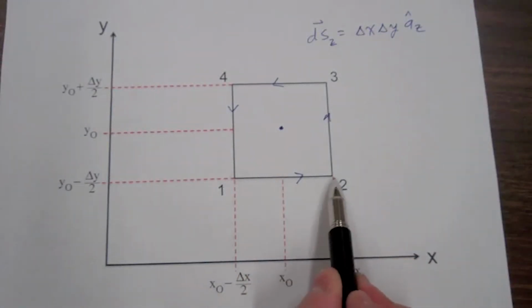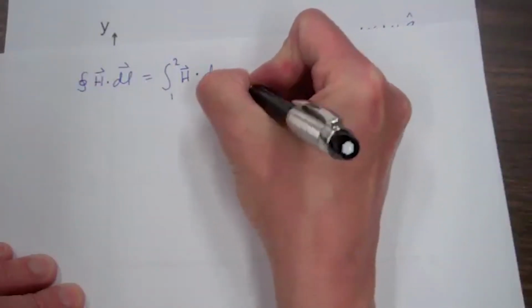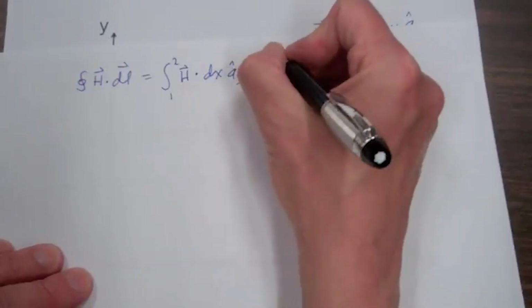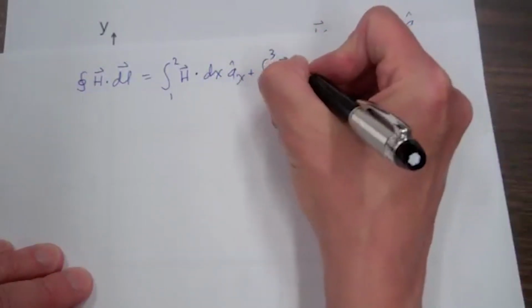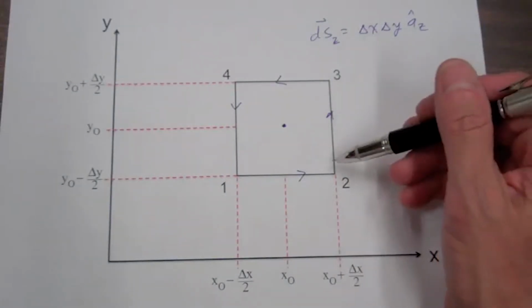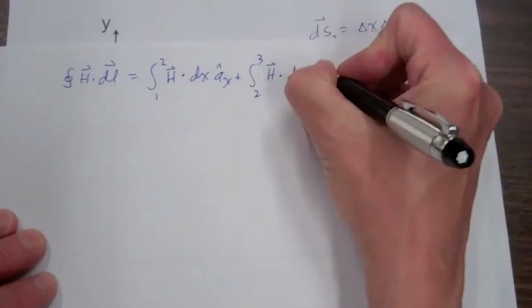And going from 1 to 2, dl is just going to be dx in the x direction, plus the integral from 2 to 3 of H dot dl, and for our defined path going from 2 to 3, dl is going to be dy in the a sub y direction,